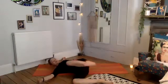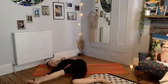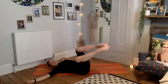If you want to take the twist a bit deeper, you can take the top foot into the hand, taking that nice transverse stretch, pressing down your left shoulder into the mat. Good. One more deep breath. As you exhale, gently bend the left leg and then scoop the abdominals, bring the knees up, and we'll come